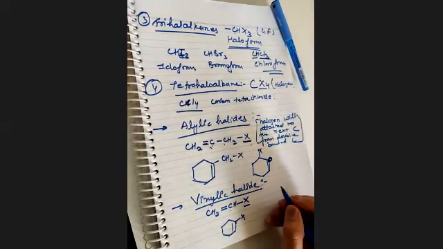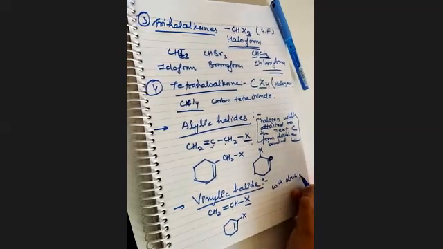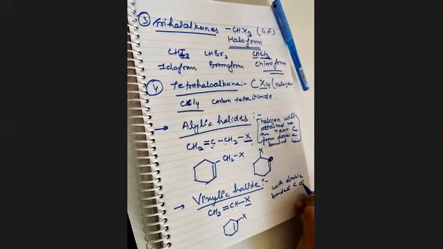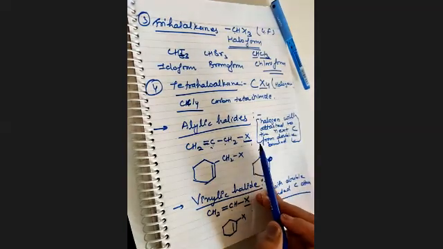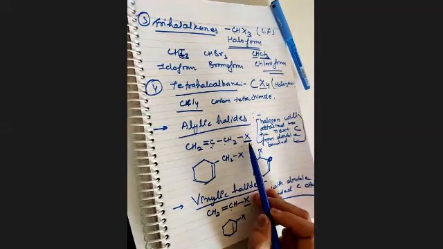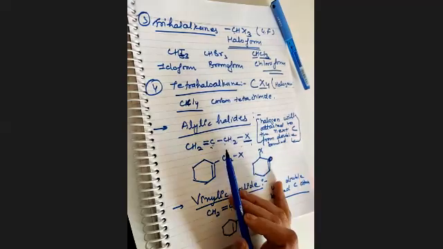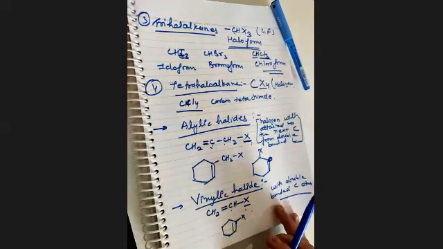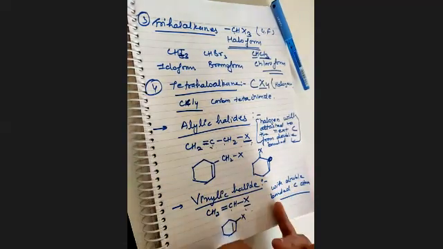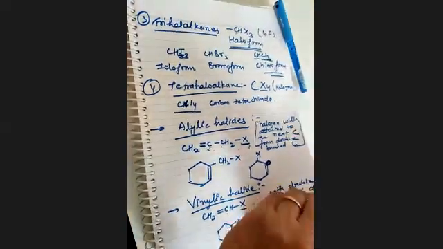This means when the halogen is with the double bonded carbon atom. Okay. So while naming, you have to see this important point, with which carbon your halogen is attached. I think this is clear to you all. When it is attached to the adjacent carbon, the next carbon, it is known as allylic halide. And when it is attached to the same carbon atom, it will be known as vinylic halide. So it is based on the attachment of the halogen.